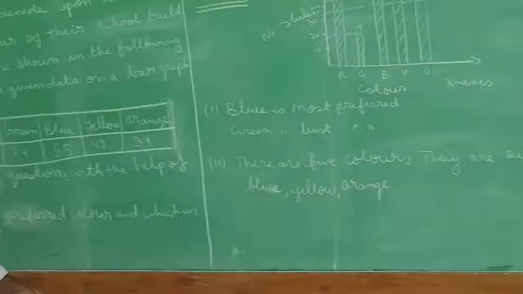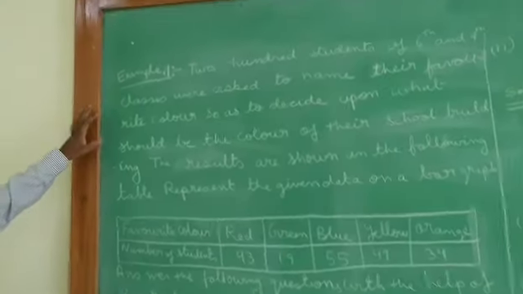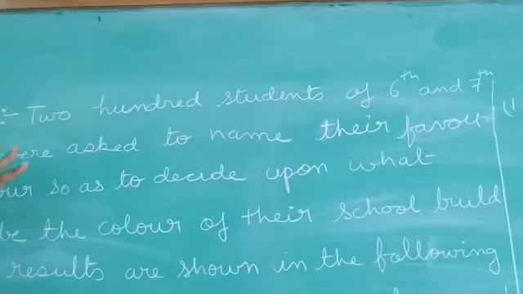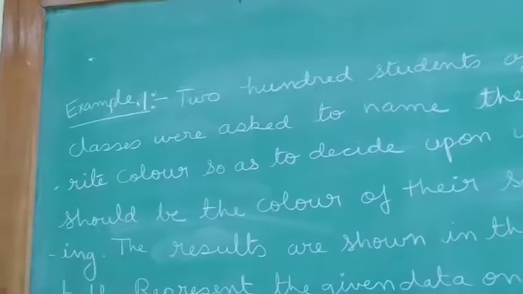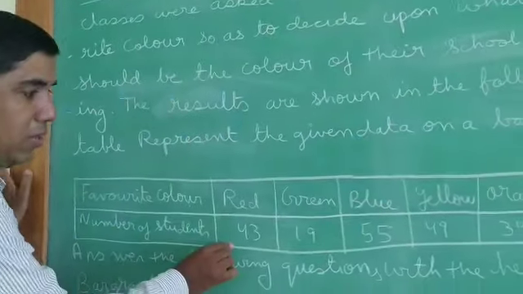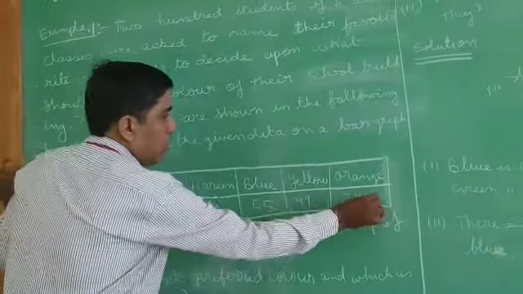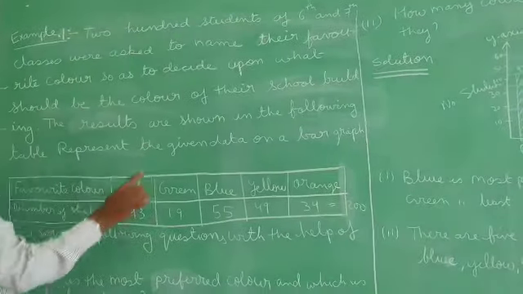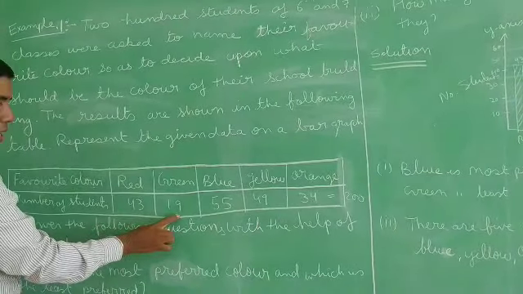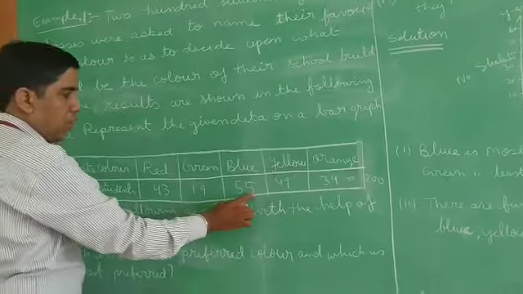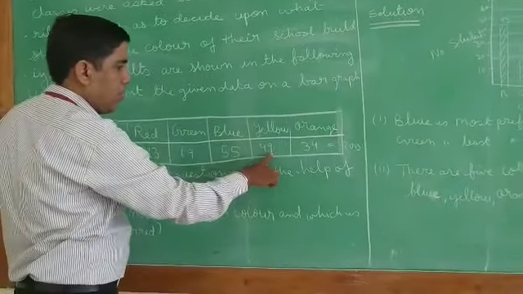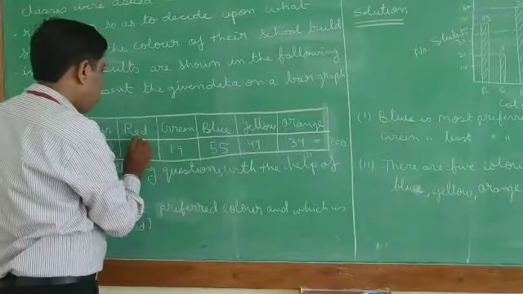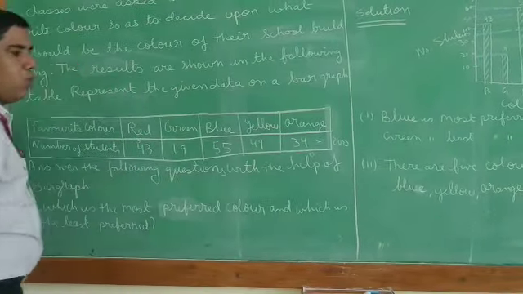Let me repeat this question once again. You can see the question, it is an example I am discussing with you. 200 students are there. So one thing here: whenever we see the table, we should do a total. You can see it will come to 200. It is given 200 students. So 3 plus 9, 12. 12 plus 5, 17. 17 plus 9, 26. 26 plus 4, it comes to 30. And like this, once you do a total, you will get the answer 200.